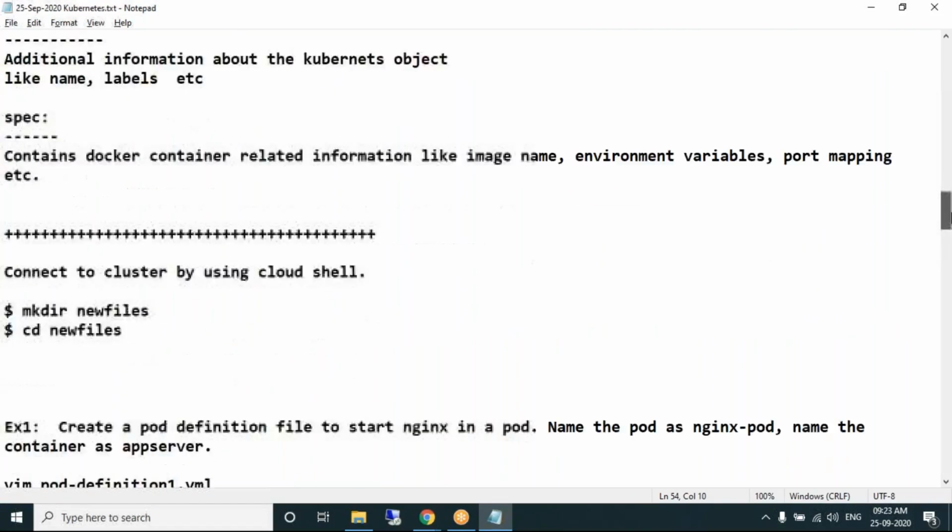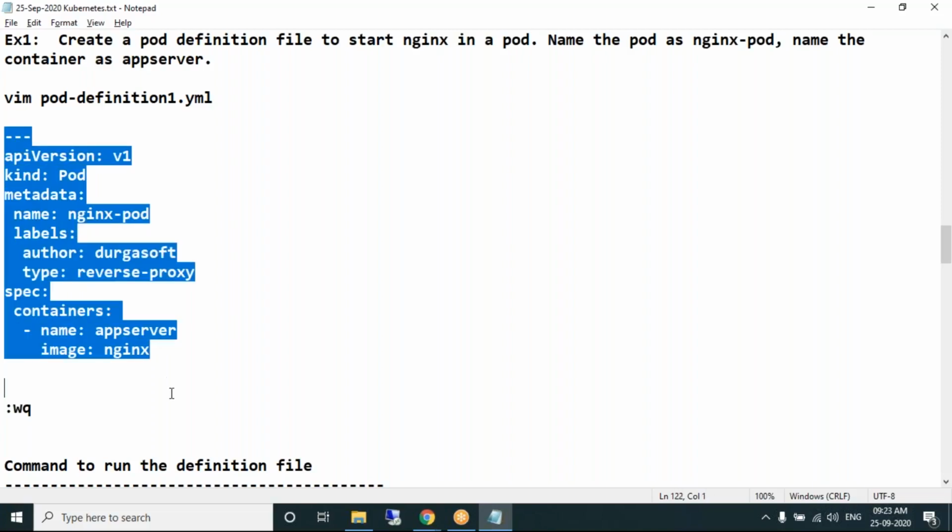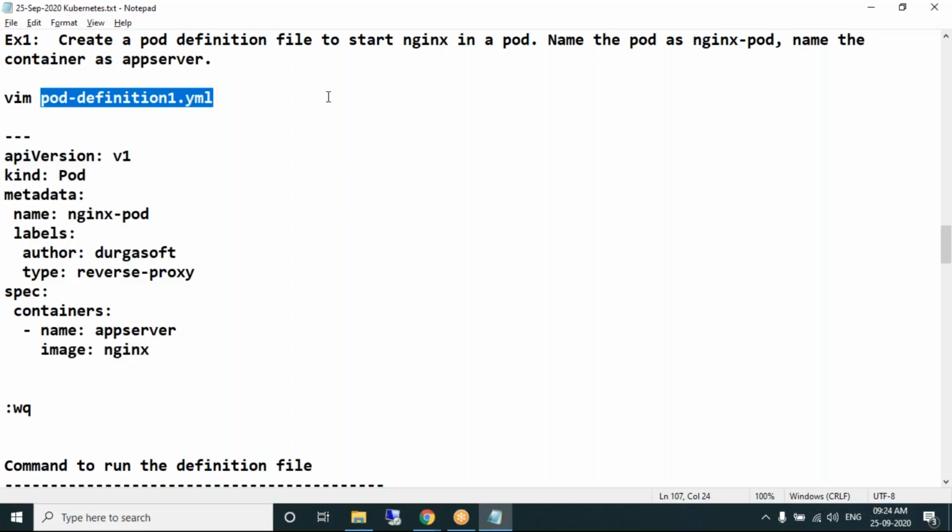Look at this definition file. API version, kind, metadata, specification. This is called a definition file, which contains what you want to do. What do you want to manifest? File name can be anything. It's our wish.